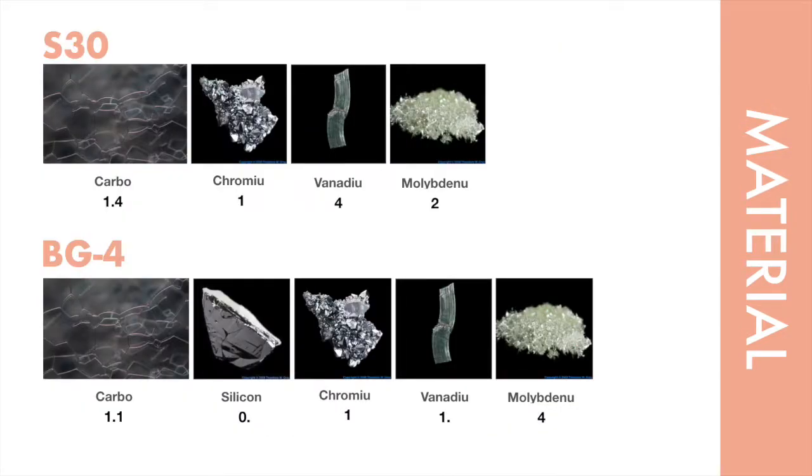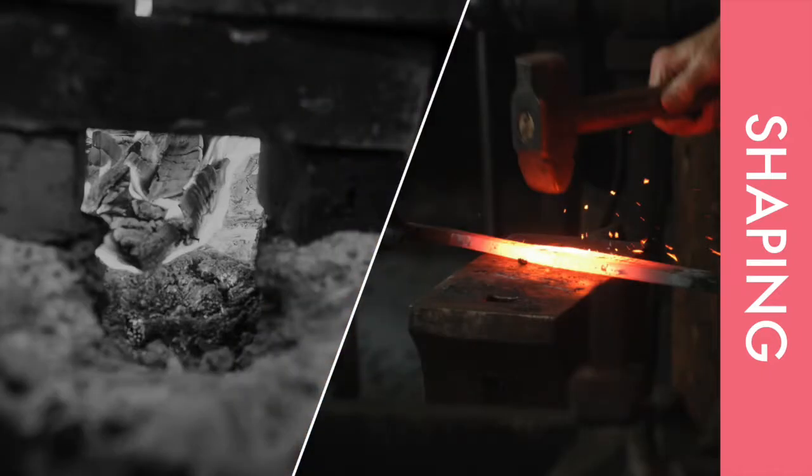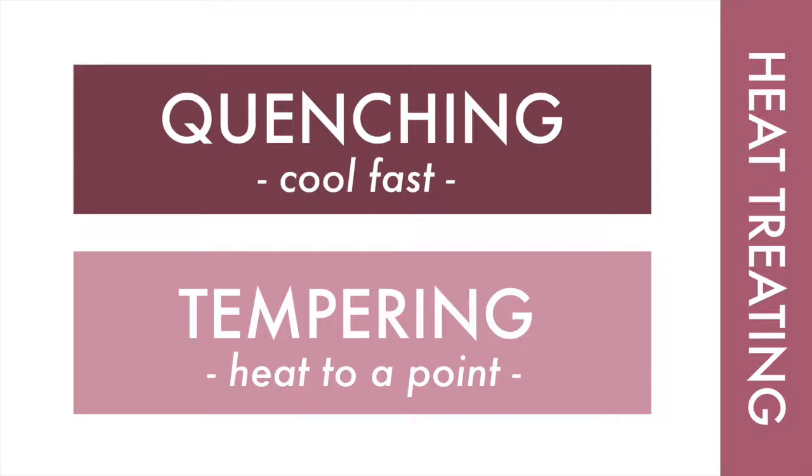And even within these groups, there are better or worse combinations depending on how a person wants to use the knife. On to our next stage, shaping. Shaping is tough on the blade. It's brought, through pressure and heat, closer to its end goal. The process stresses and realigns atoms in the metal. It leaves it very hard, yet brittle,